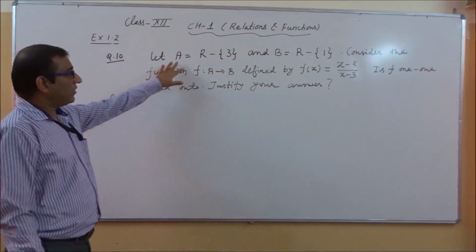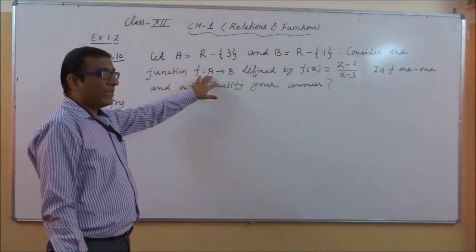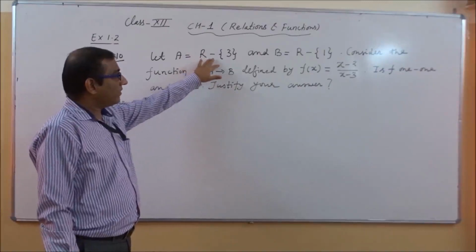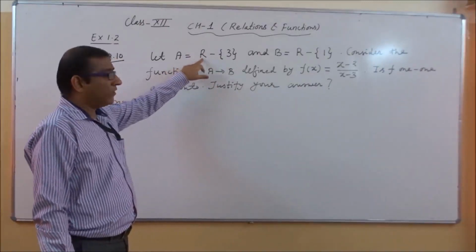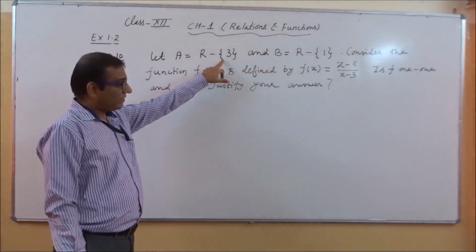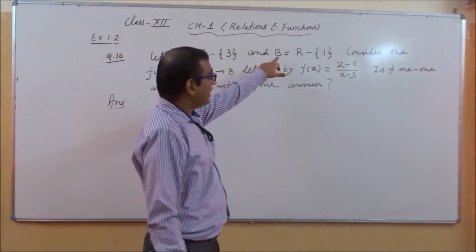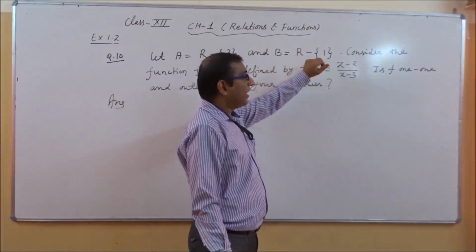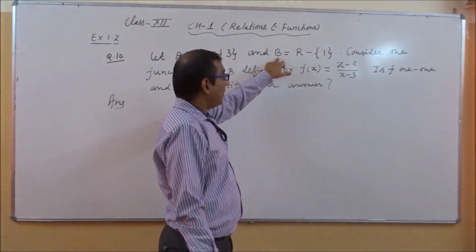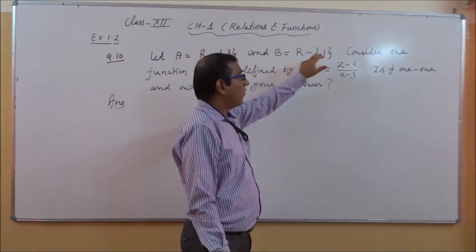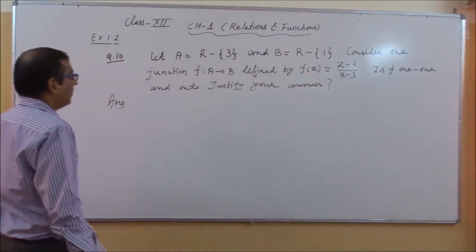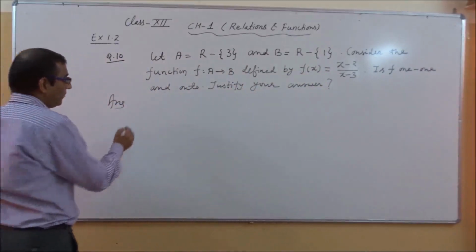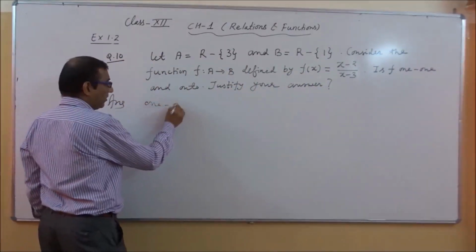So first we will pay attention here. What is the meaning of A? A is the domain here and B is the range. A is given as R minus {3}. It means A is the set of real numbers but it does not include 3. And B is the range, also the set of real numbers but it does not include 1. It means in set B we will not include 1. So in this question, how can we say f is one-one and onto? First we will continue with one-one.